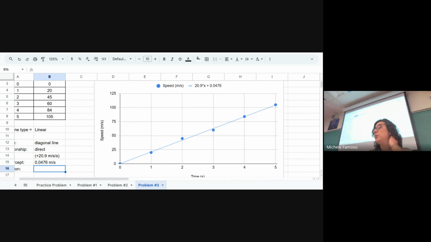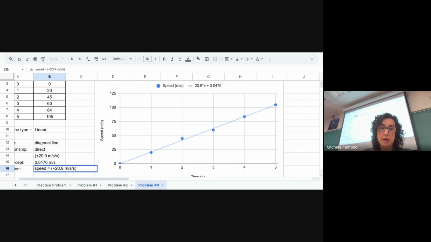All right, now we have to write the equation for this. So we're going to use that y equals mx plus b to modify it for this graph. So what are we going to put for the y? What word? Haley, can you tell me? Good. So we're going to start with speed. Equals. Then we put in the parentheses the slope, positive 20.9